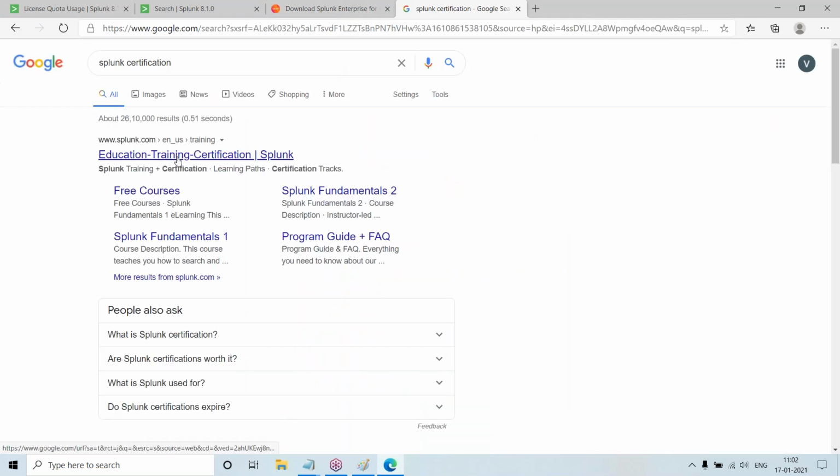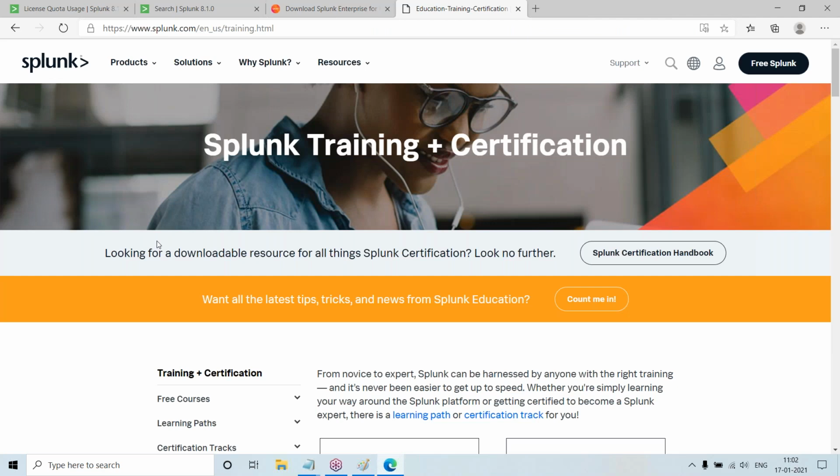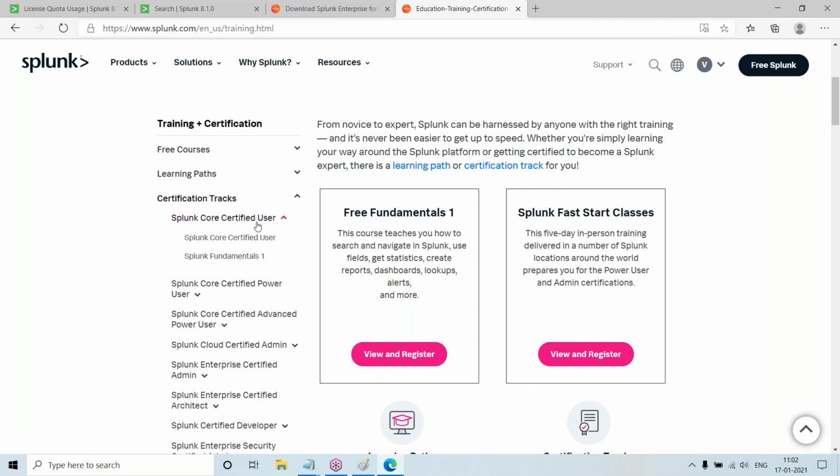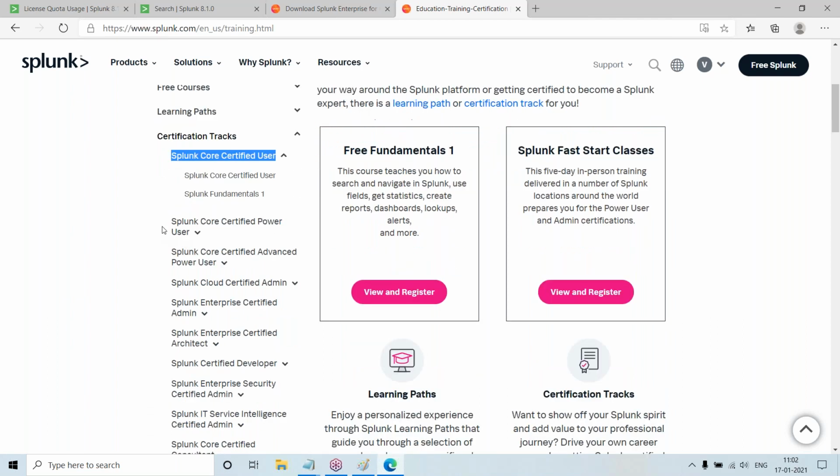There are multiple certifications that Splunk offers. One is the core user, which is a basic certification. After that you will have the power user certification and the advanced power user certification.